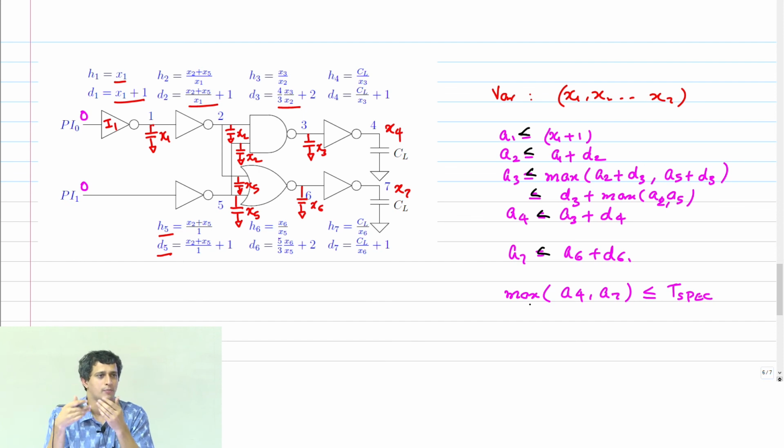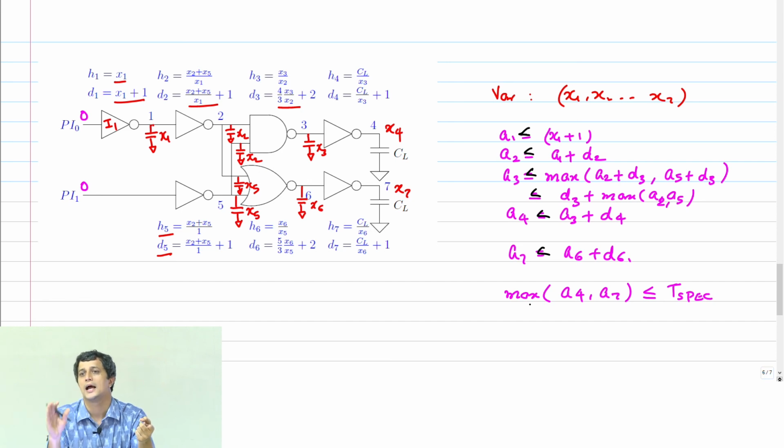Now, what's the catch here? We have done everything. Will it come out very well? You get a solution of x1 to x7. How are you sure that this is a minimum, or this is a global minimum? You will get one answer. You use an optimization tool, you put these constraints in, you minimize summation x1 to xk, you will get one answer. How are you sure that this is really an optimal? That means, is there some other set of sizes which will give me lesser area for the same T spec? It turns out, no.